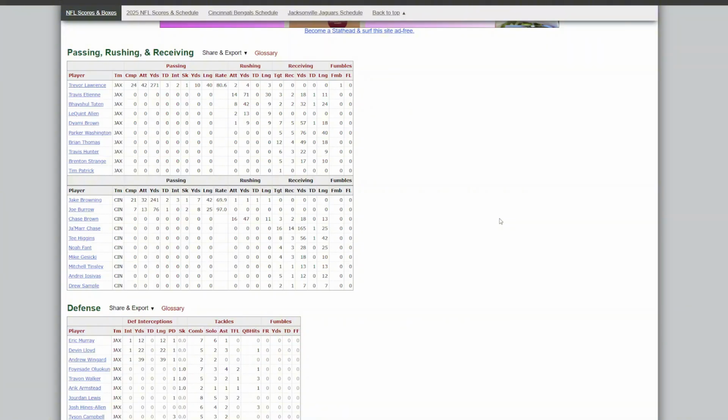But worth noting that a lot of his production last year came without Trevor Lawrence. So that seemed more impressive last year, but now you'd expect him to build on that with Trevor Lawrence back, but I don't know, maybe there's just some missing chemistry. Maybe Thomas just had great chemistry with Mac Jones. I don't know. I think Brian Thomas is fine, but we'll see. Travis Hunter,